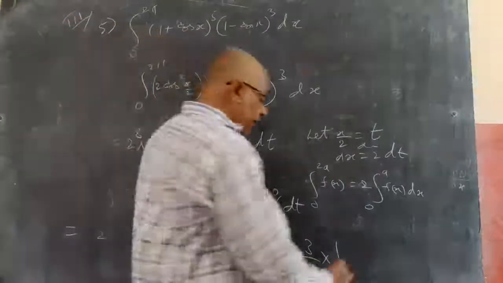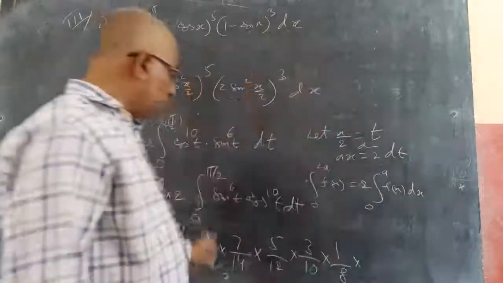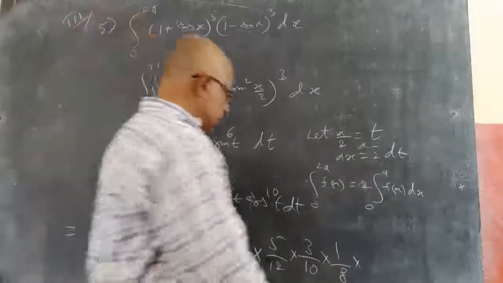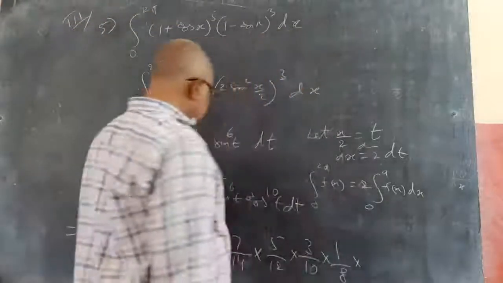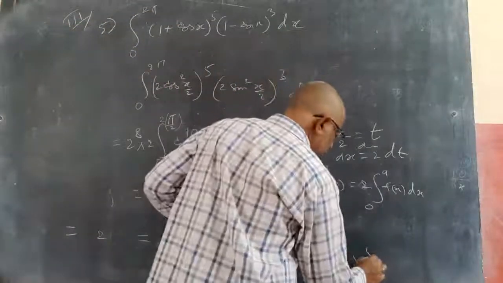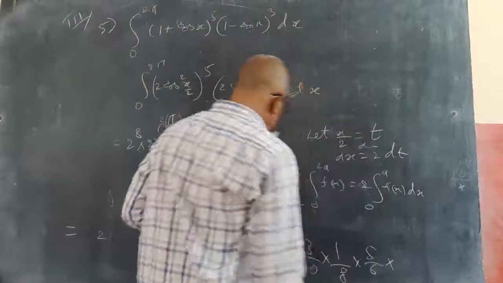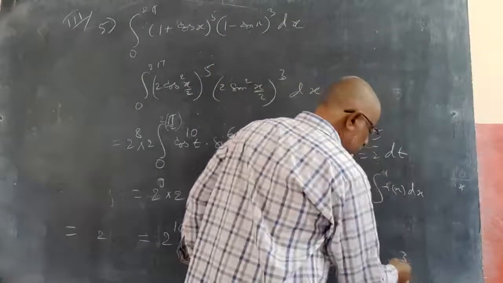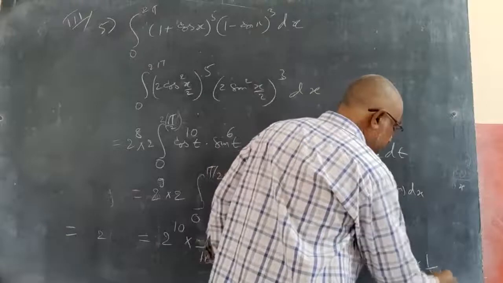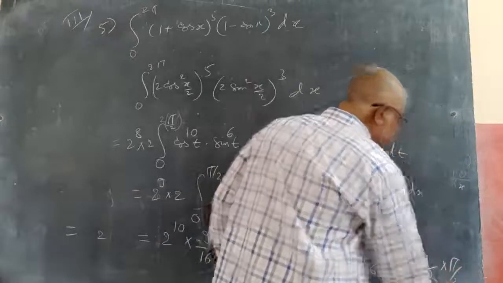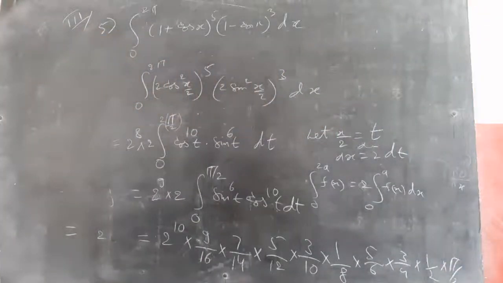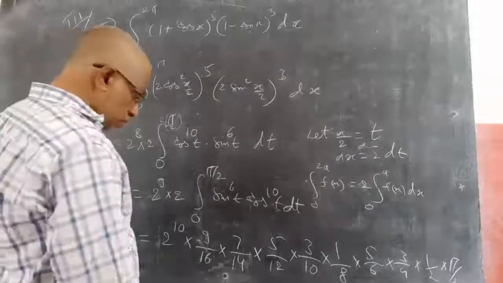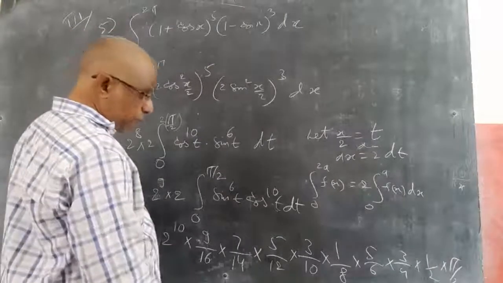Now if it is 1 by m plus 2, you need to go for sine reduction. That is, sine reduction here is 6. 6 minus 1, 5 by 6. Into, reduce by 2, 3 by 4. Into 1 by 2. Whenever you get 1 by 2, keep pi by 2, I told you. So simplify now, if possible, simplify.